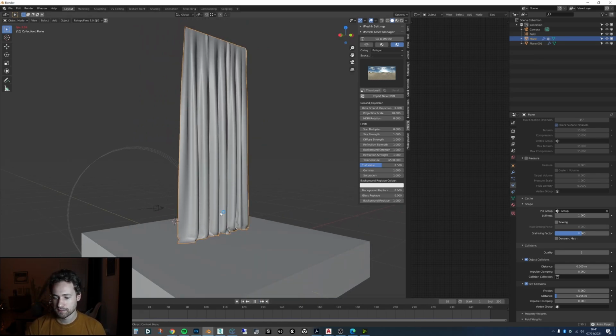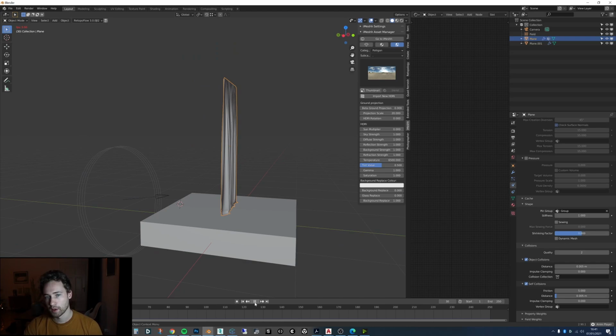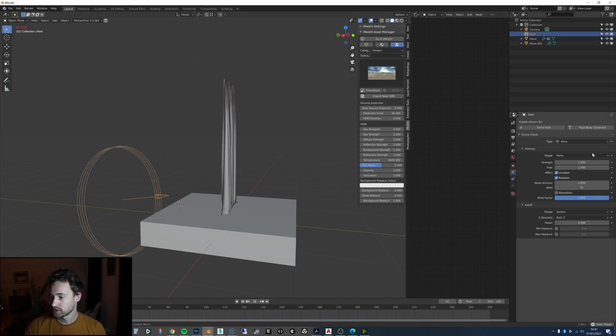So now if I was to press play, it's already kind of how I want it to be. We can see that the wind is now not doing anything. Whereas if we set this to something like 100, it will now start blowing the curtain. And it's quite subtle, but that's also what we kind of want. A cinemagraph is usually quite subtle, and it's just something moving in the image to attract the eye.